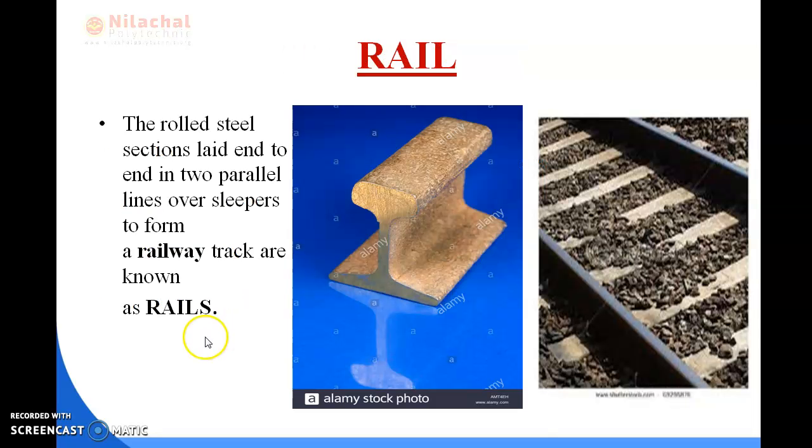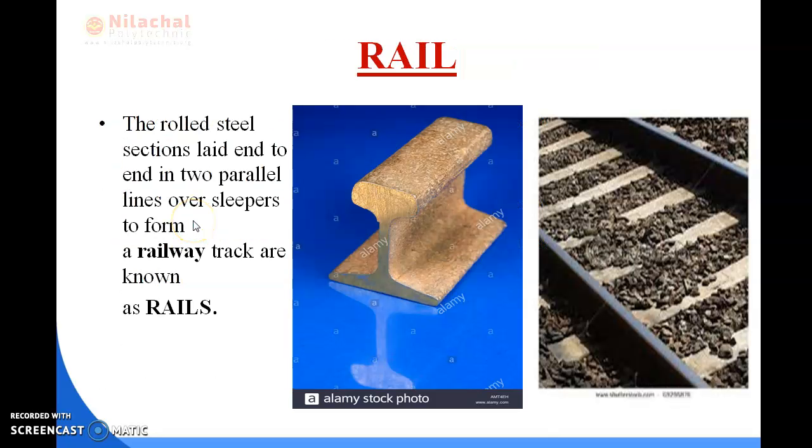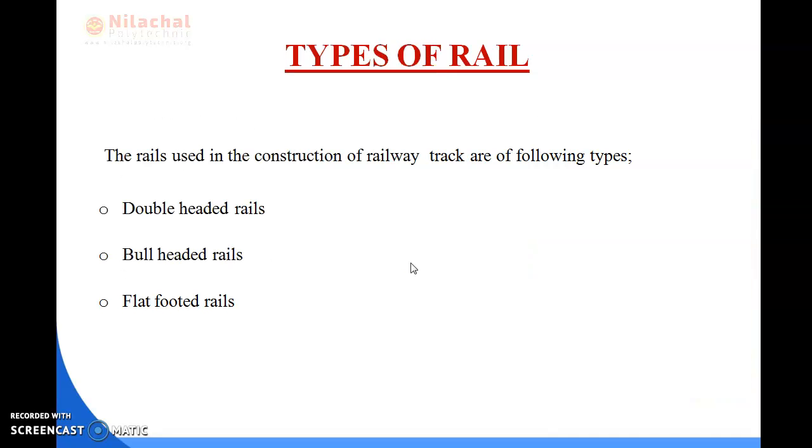See here, this is the vertical portion, this is the foot, and this is the top portion. The top portion is made thicker, and this will be able to withstand the vertical or lateral loads or stresses of your train. And this is the foot portion, which is used for fitting with the sleeper by chair or fastening instrument, and it is the vertical portion. Okay, next we come to the next slide.